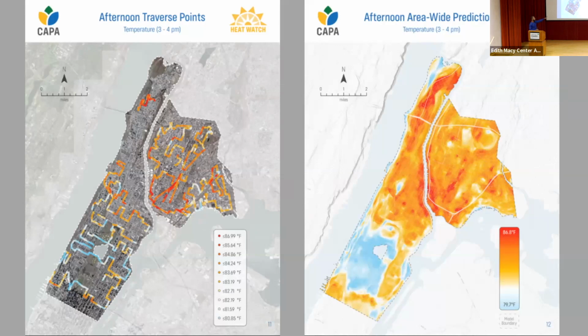What's interesting about this is the community partner suggested we not just focus on the South Bronx, but compare it with the area around Central Park, compare it with the area around Columbia. And this was where social equity and social justice came into play, because really the question is not necessarily what the absolute air temperature or humidity is, but what's the disparity? Who's getting different exposure? And why are they getting different exposures? Is it because of trees? Is it because of the design? So in this way, they improved the routes we chose, but also improved the study overall. This is by working with these community partners.